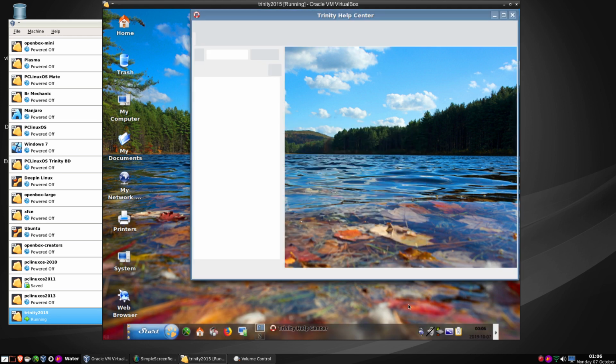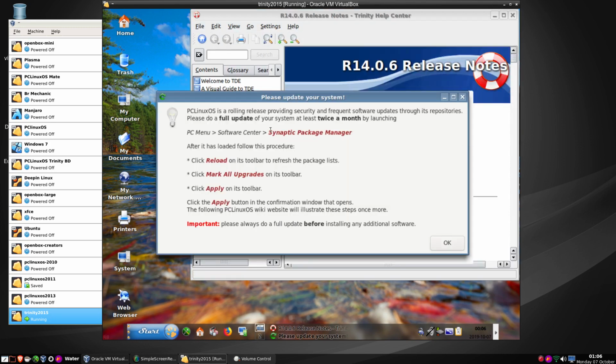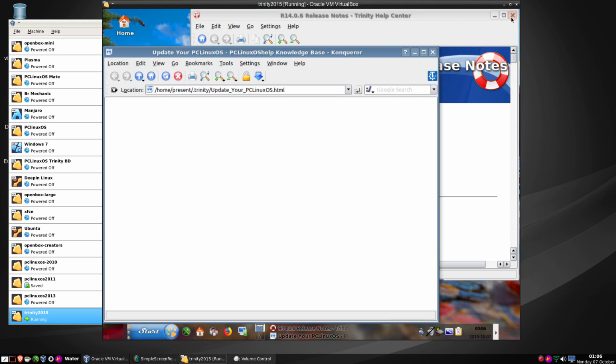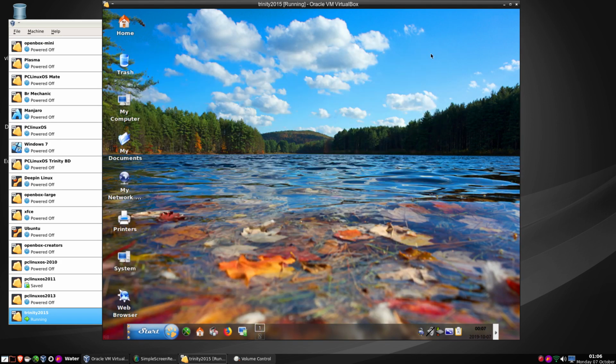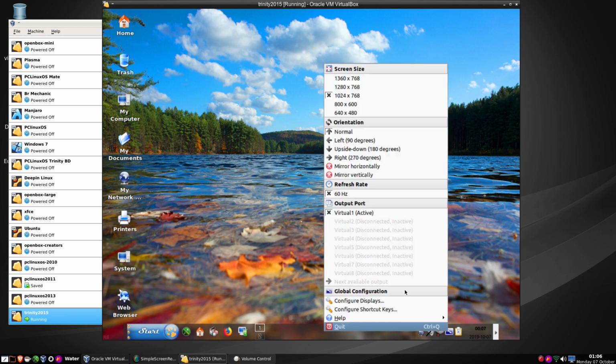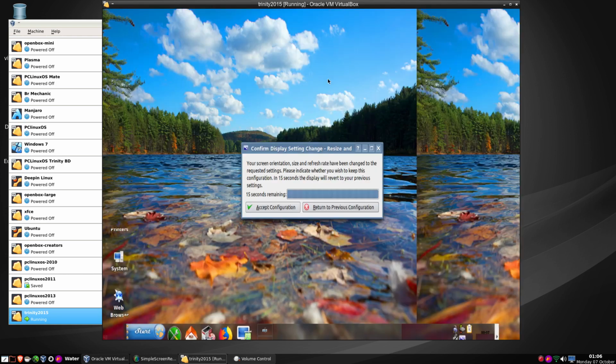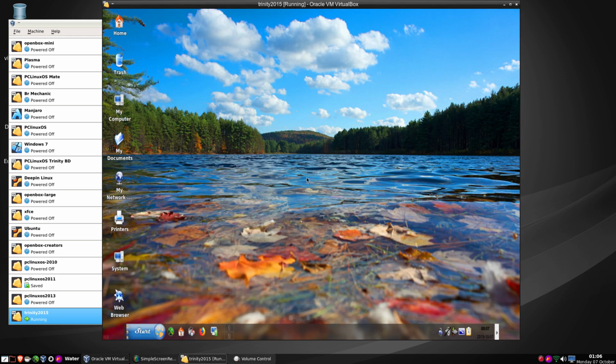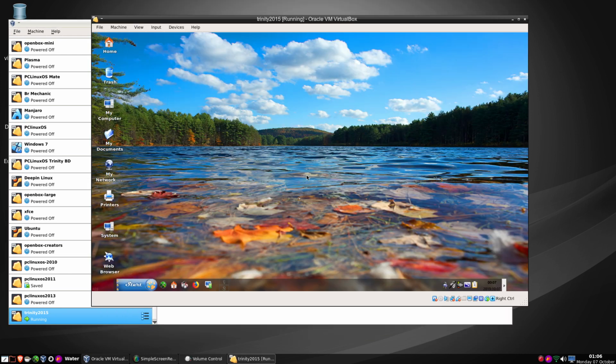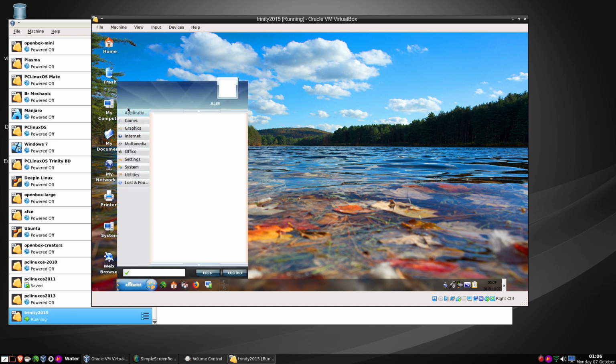Okay, sensors is having a go there, and the Trinity Help Center and their own release. This is because I made a new user and it recognises that fact, and I can actually go to 1366x768. I'll accept that configuration, and there we go, we're at the resolution of 1366x768. And as you can see, all the games, Plain Linux, Steam, yes, Steam is actually there, and